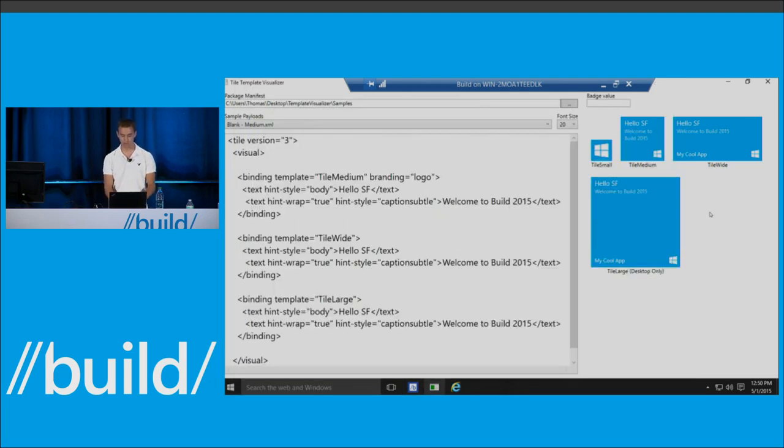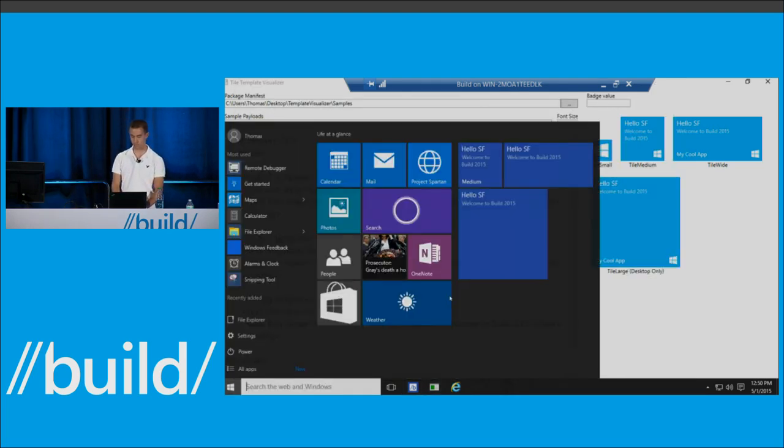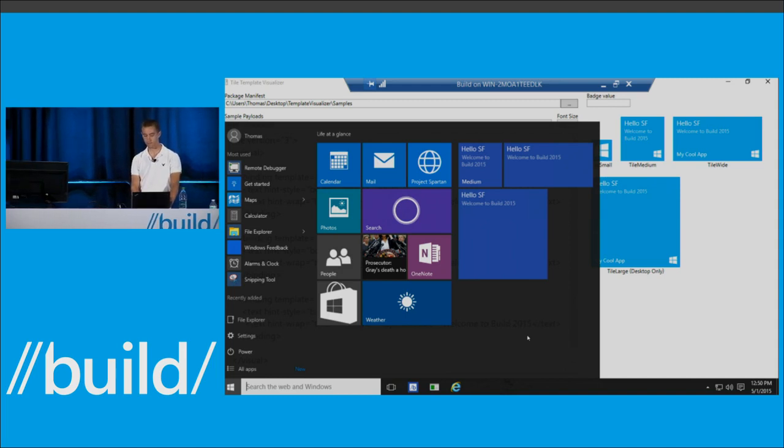And one thing I wanted to point out there was that those 3 tiles that are on start now, those got pinned at the same time. If you've been a Windows or a Windows Phone developer for a little while, you might have pinned a tile and then had to go back in your app and pin another tile. You couldn't pin multiple tiles at once. Now you can pin multiple tiles at once to the start screen if you want to, because we heard a lot of feedback that it was a pain for people to navigate in and out of the app. On phones, some people even thought the app was crashing when you were navigated out of it to the start screen. So now you can pin multiple tiles because it's about time we were able to do that.